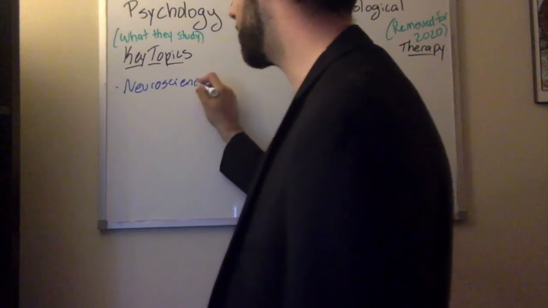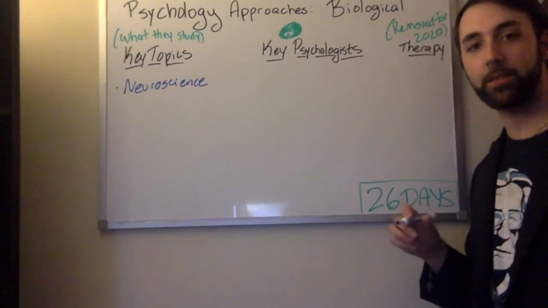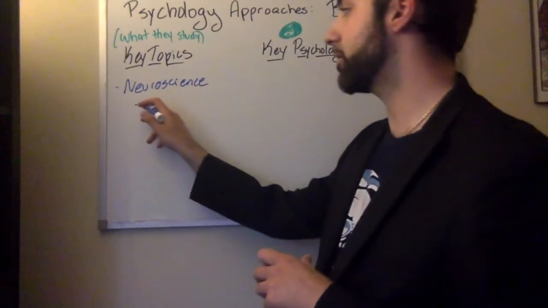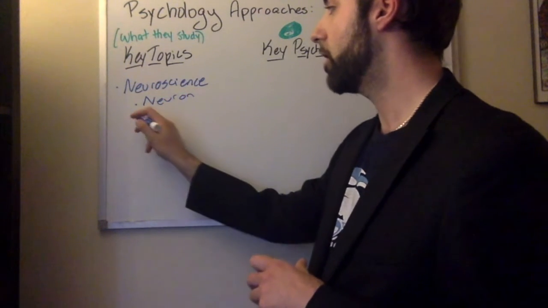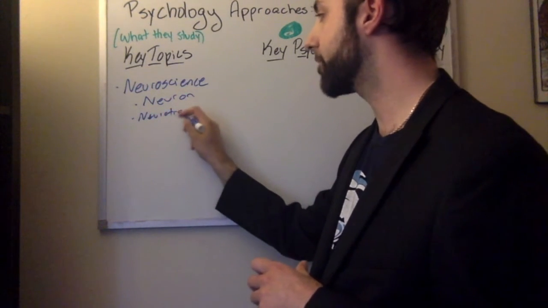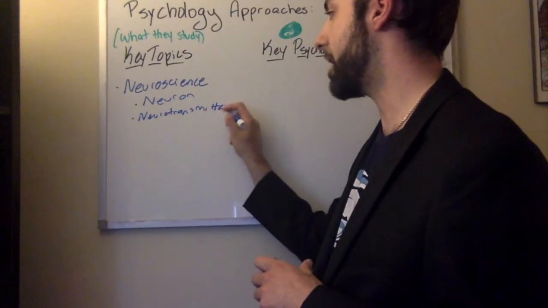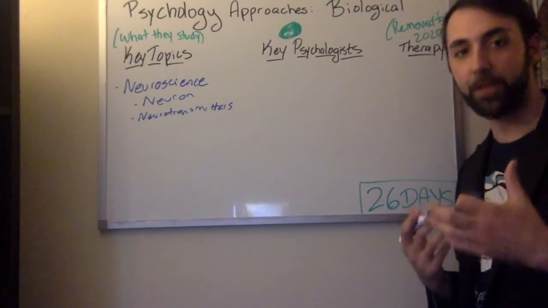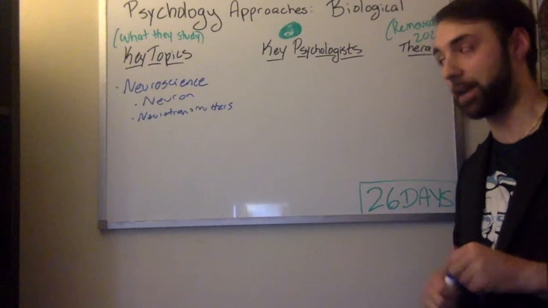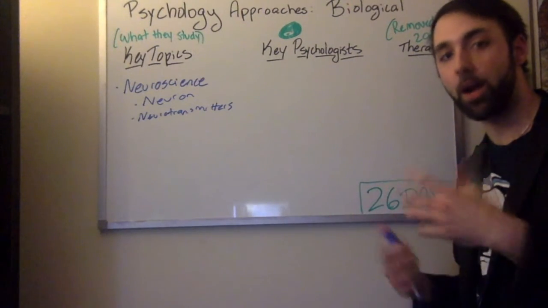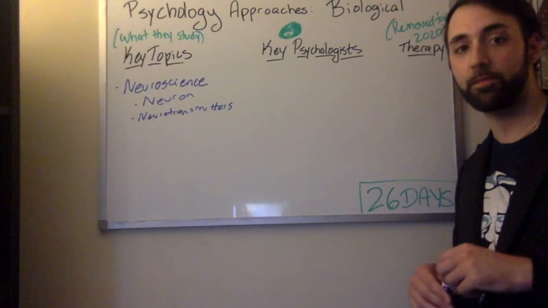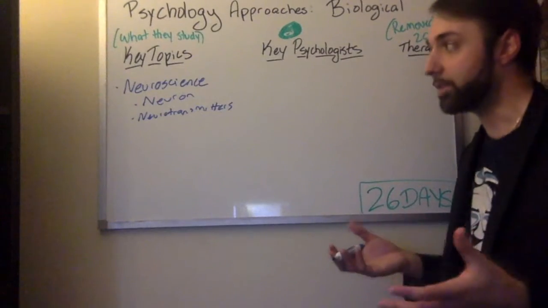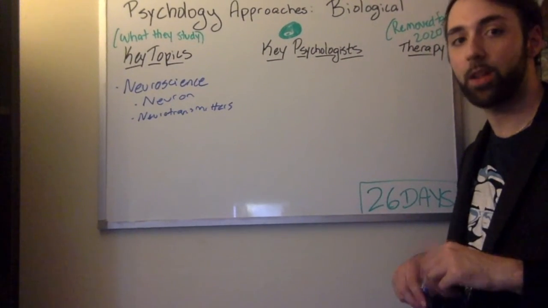The first topic under the biological perspective is neuroscience. I didn't use the word neuroscience a lot back in Unit 5, but that's basically a reference to the neuron and everything about the neuron, which would then mean the neurotransmitters. So, for example, a topic that a biological psychologist might focus on would be whether or not neurotransmitter levels affect behavior, which is certainly a massive topic back from Unit 5. The overall structure of the neuron and what functioning neurons enable, or what neurons that are having deterioration over time, perhaps to the myelin sheath, might cause. So those are good examples of things that would fall under neuroscience.